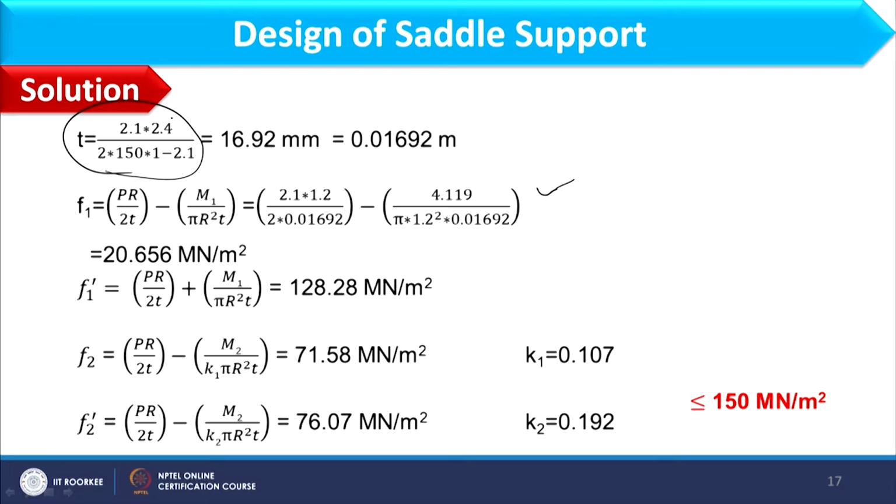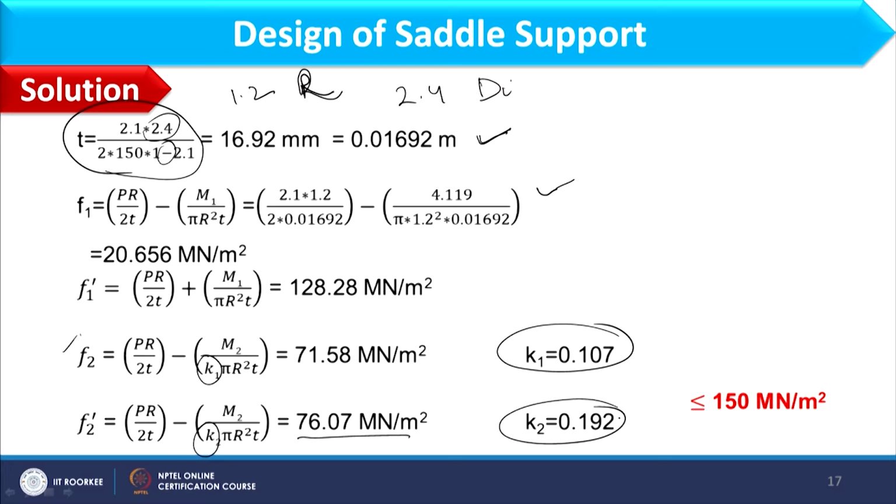And here if you remember, 1.2 meter R is given, which is internal radius, so internal diameter would be 2.4. So that we have used over here, and therefore this minus sign appears, and minimum thickness comes as 16.92 mm. Considering these values, we can find out F1 as 20.656, F1 dash as 128.28, F2 as 71.58, considering K1 as 0.107, and F2 dash comes as 76.07, considering K2 as